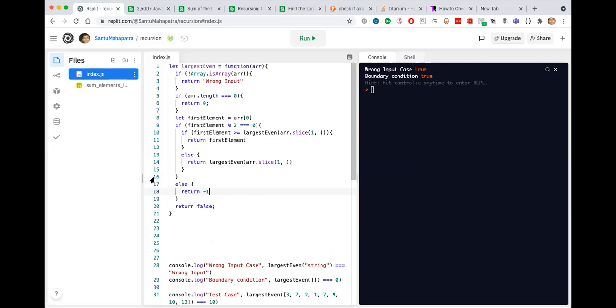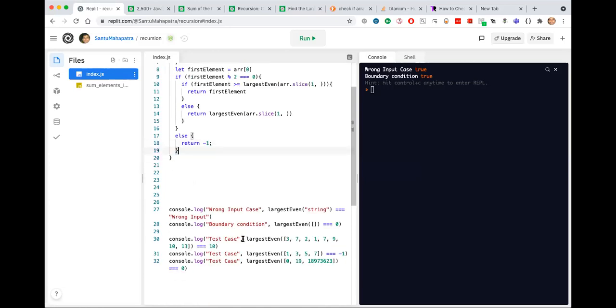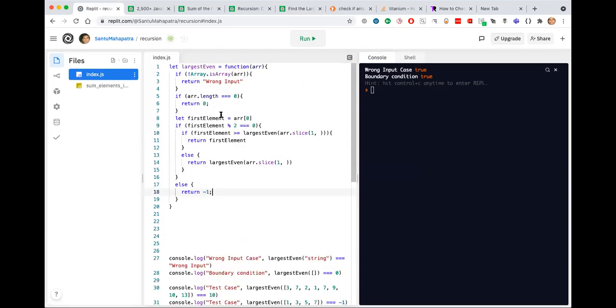So look at the second test case here. In the second test case, if there are no even numbers, it returns -1. So in case my first element is not an even number, I have to then decide, okay, this may not be entirely correct.